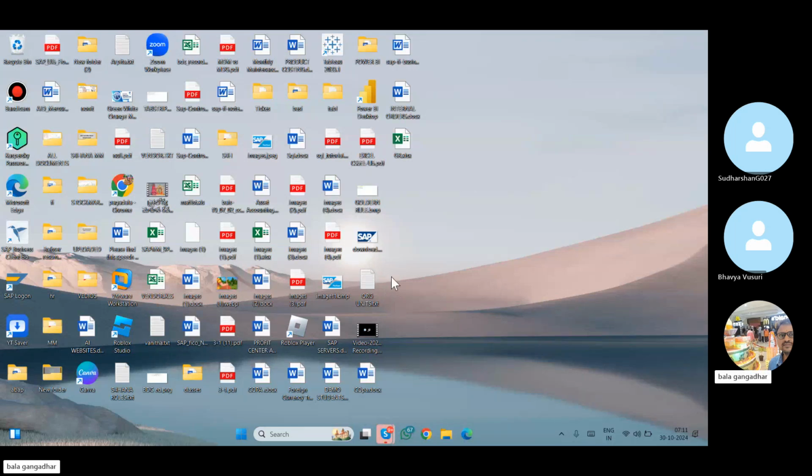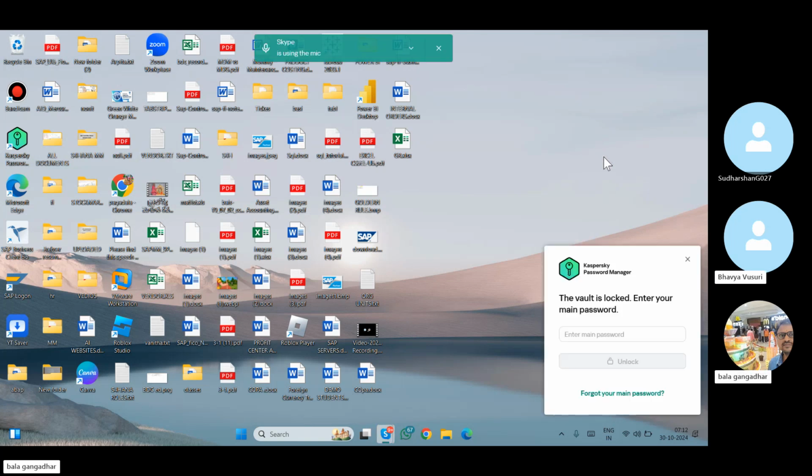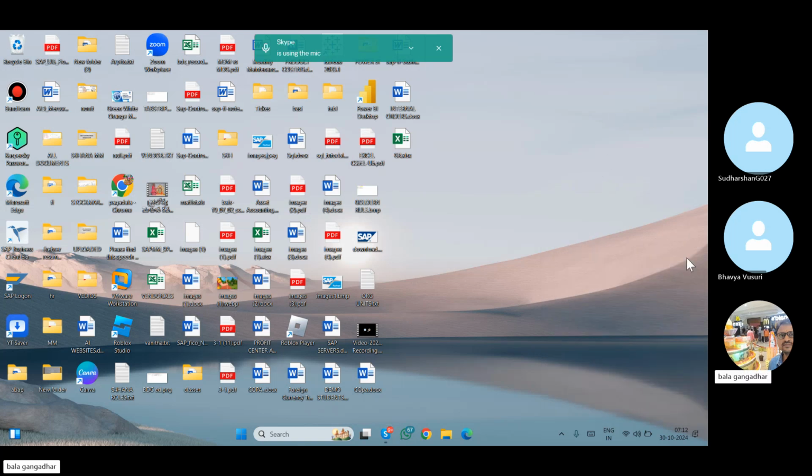In the last class, I discussed the theory part about vendor master data. There I explained the different transaction code list. Almost 19 transaction codes I wrote. Under that, today in class I am going to discuss